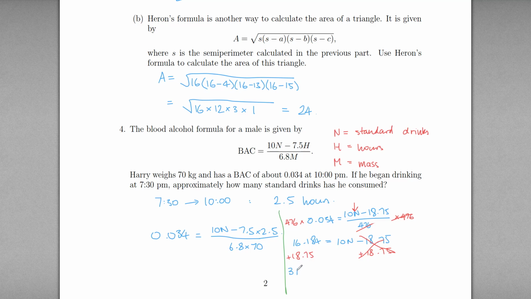So 34.934 on the left. On the right, only survivor is 10n. Which means the last thing I've got to do to work out what n is just to divide by 10. If I divide this by 10, I move the point back once, and so n will equal